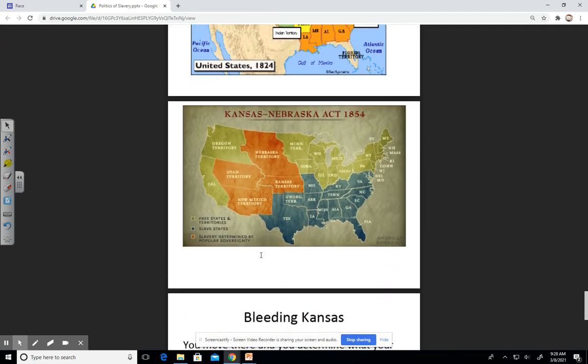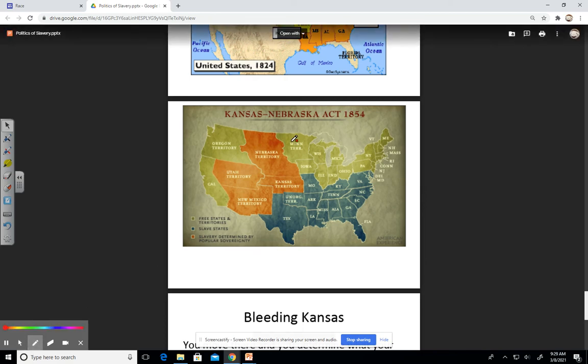Then we get to the Kansas Nebraska Act. This one, we see the country divided. Again, Congress, the politics of slavery, not really coming up with a solution that clearly ends or clearly maintains the institution of slavery. They seem to be in a deadlock. Now, I don't know what the votes are here, and I'm making this up, but let's say it's 40-40. We're split. You can never end slavery with a 40-40 split,